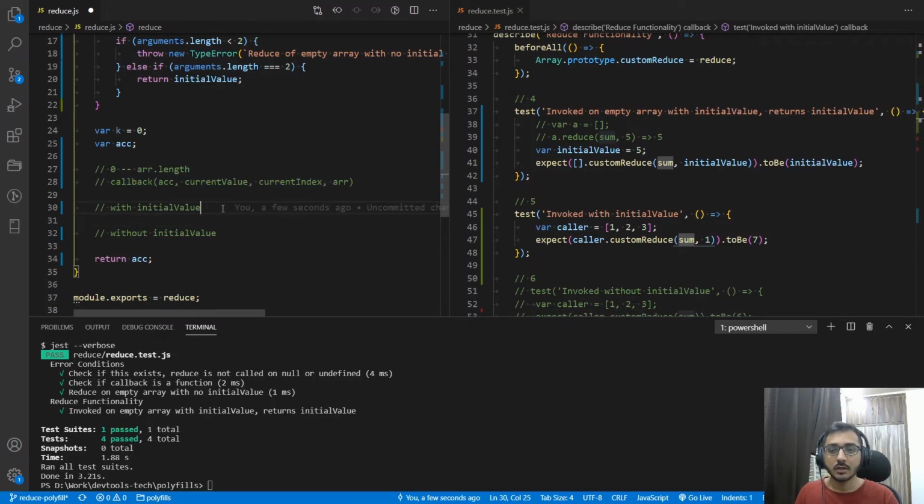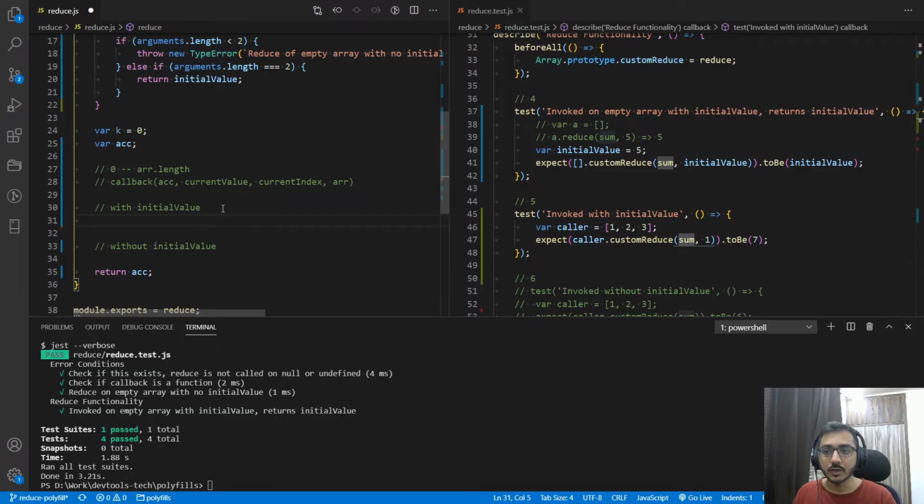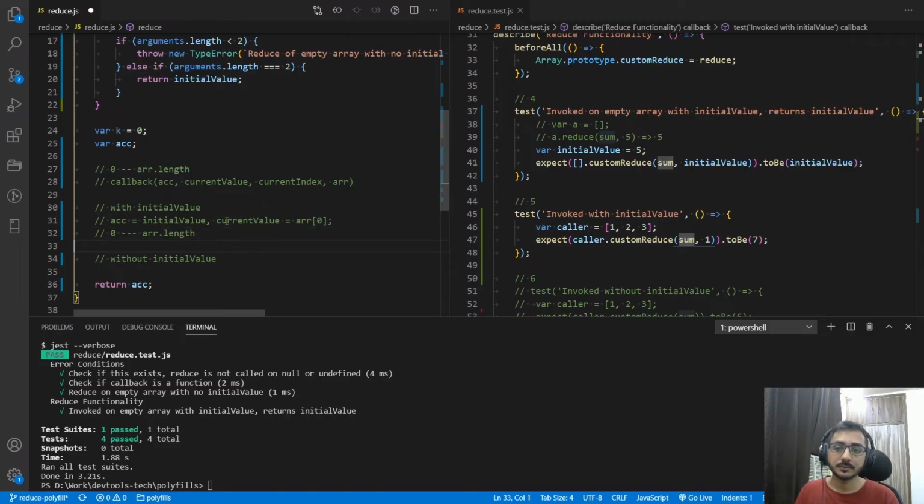Now in the case when we have the initial value, the accumulator is seeded with this initial value for the very first iteration, and the current value gets arr[0]. That means our loop will go from 0 till arr.length. If we implement this, this is the case which we have now.